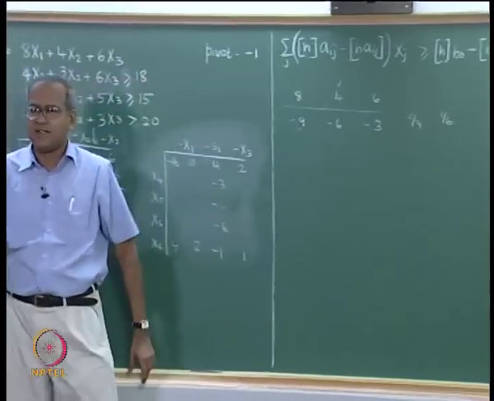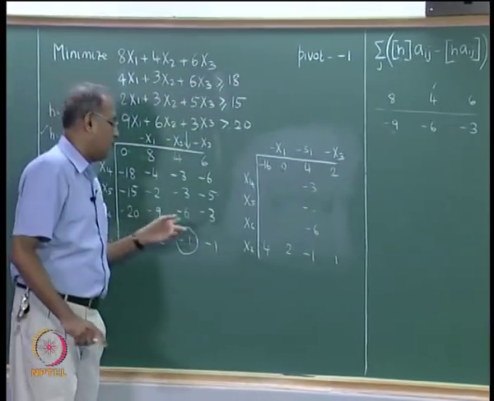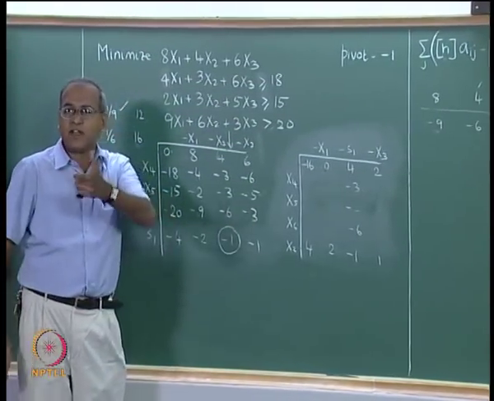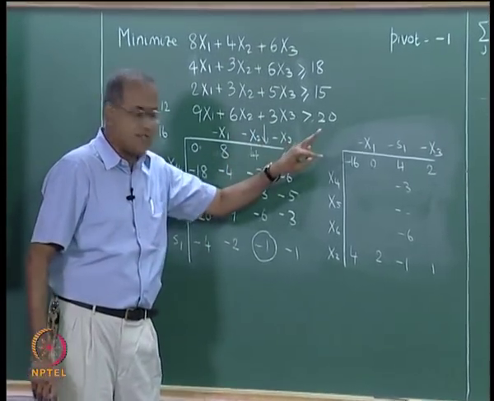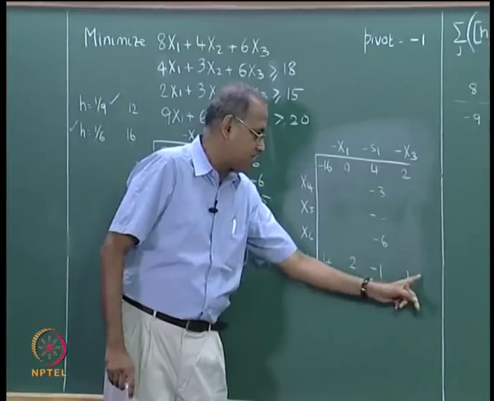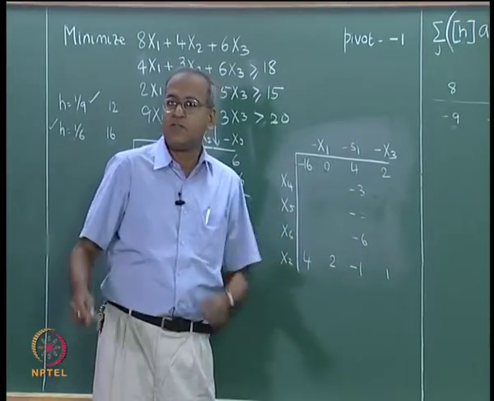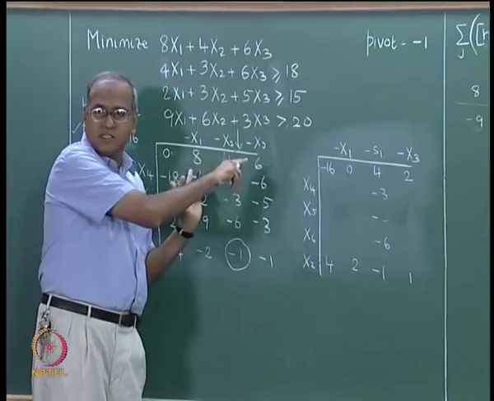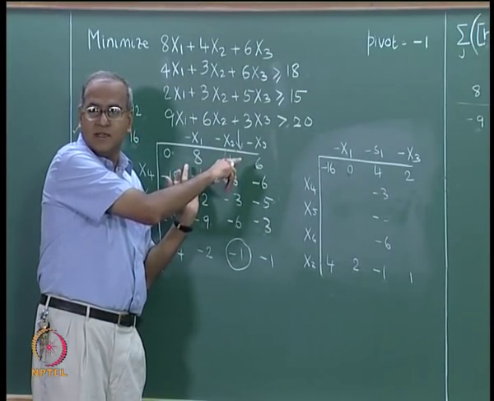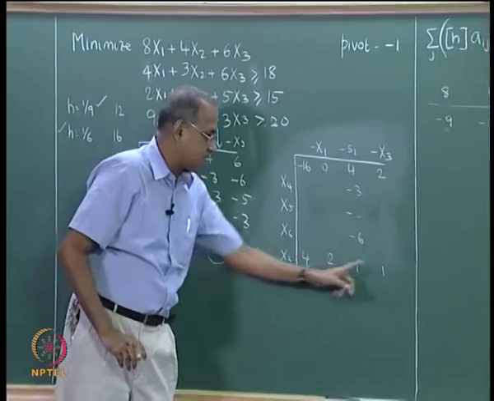It is easy to show that if one of these numbers is actually positive, it is not going to affect the dual feasibility in any way, because if the number is positive, then the corresponding numbers here will become negative, and therefore, we actually end up adding. We end up adding to these positive numbers, we do not end up subtracting. We subtracted because these numbers are positive.